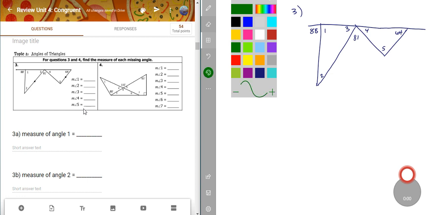So I'm going to start with number 1 there. That's a linear pair, so I know that 180 is equal to that 88 plus the measurement of angle 1. We'll subtract the 88 from both sides and see that 92 is equal to our measure of 1. Okay. Now that I have a measure of angle 1 there,